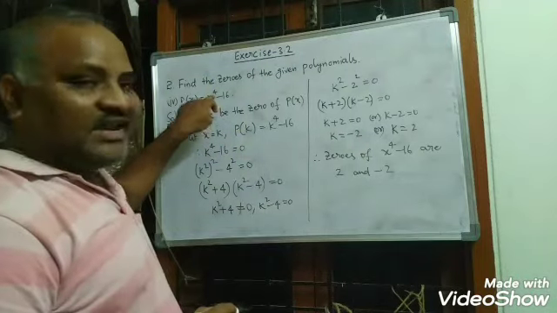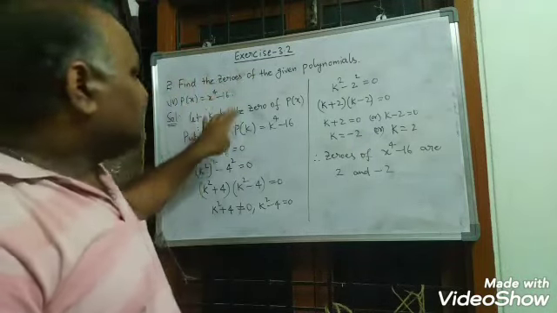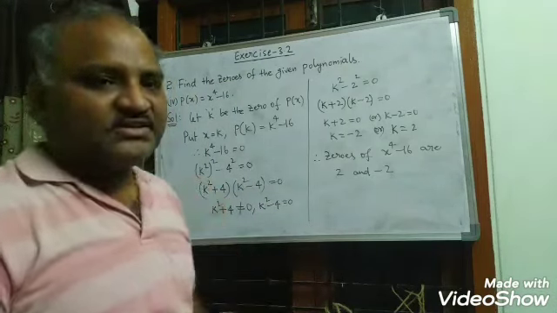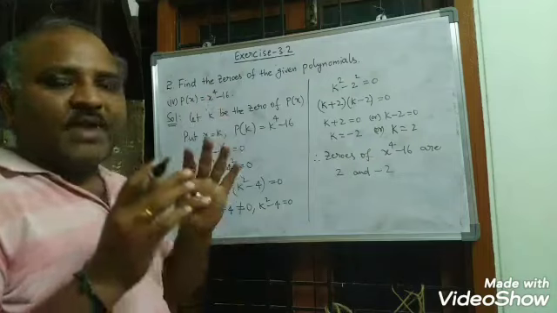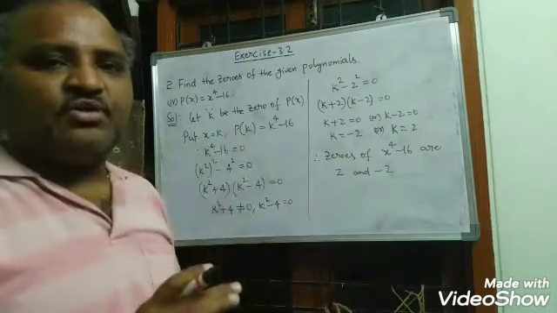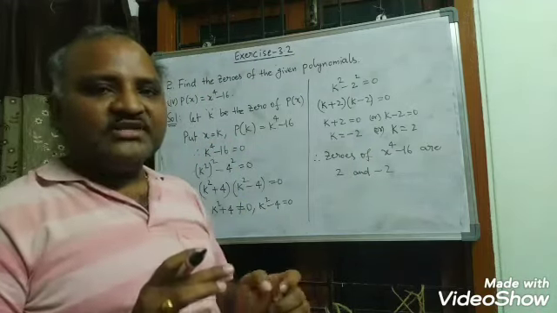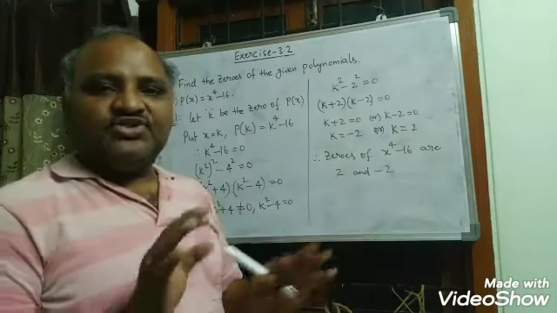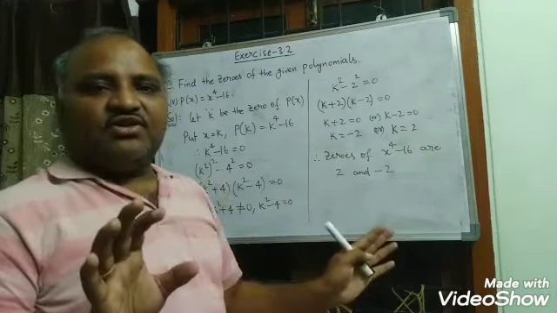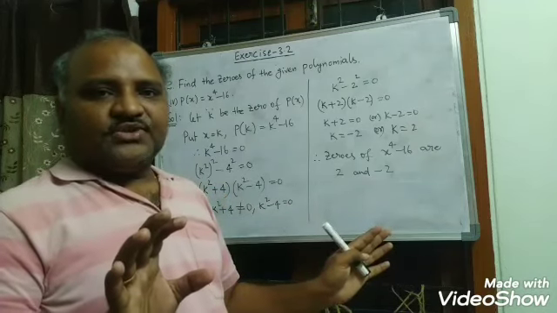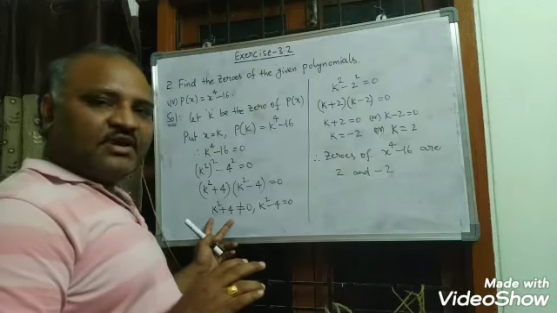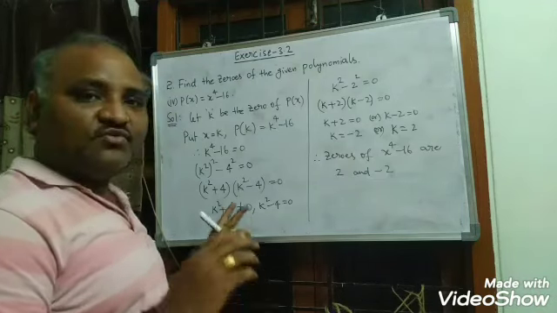Actually here we have degree 4 for this polynomial. That means we generally expect 4 zeros. But 4 zeros is the maximum number of zeros for any polynomial. Degree of a polynomial is always equal to the maximum number of zeros. That means it is not always equal to 4 zeros. Because here, see, we have already seen k square plus 4 is not equal to 0 for any real value.